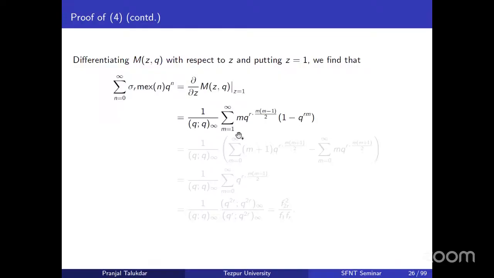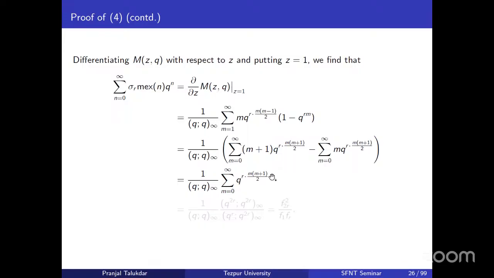Okay, so this is the expression after taking the partial differential and putting z equal to 1. Then we multiply this, and actually we just shift the limits. From these two, since it is m plus 1 and this is m, when we take the difference, only this q to the power r m into m plus 1 by 2 remains, and by the definition of the Ramanujan theta function, phi of